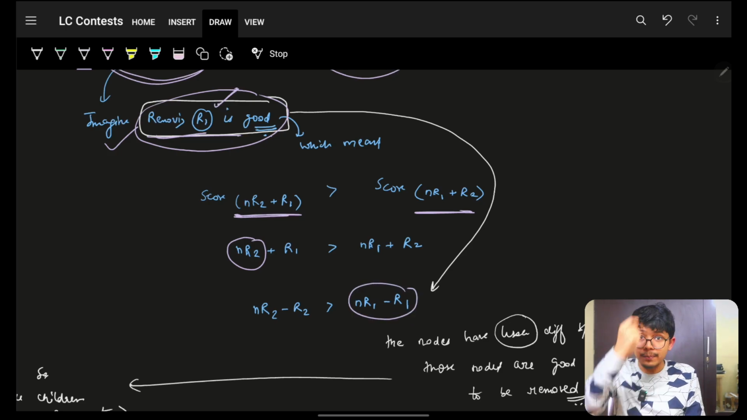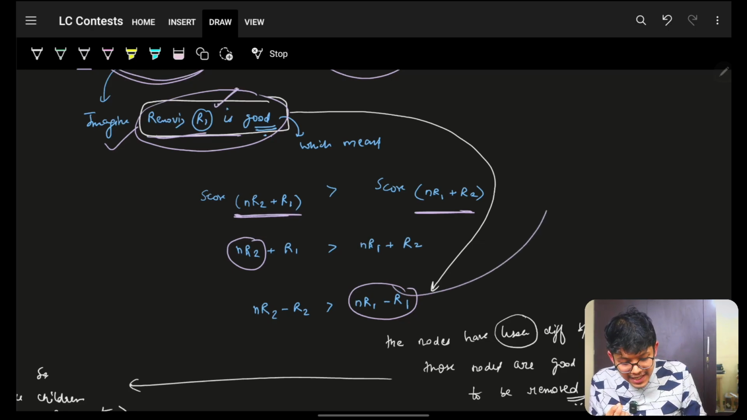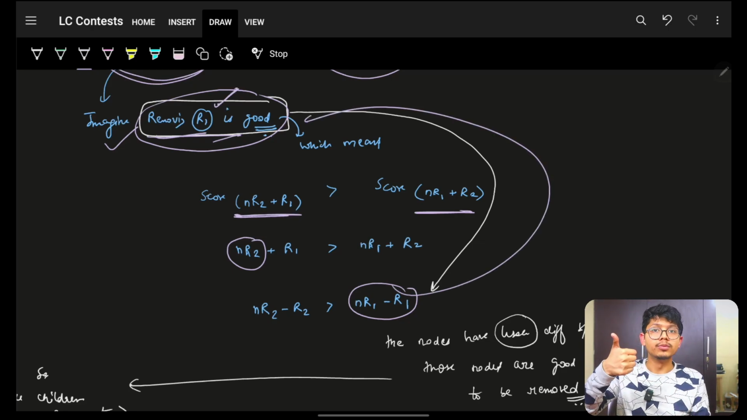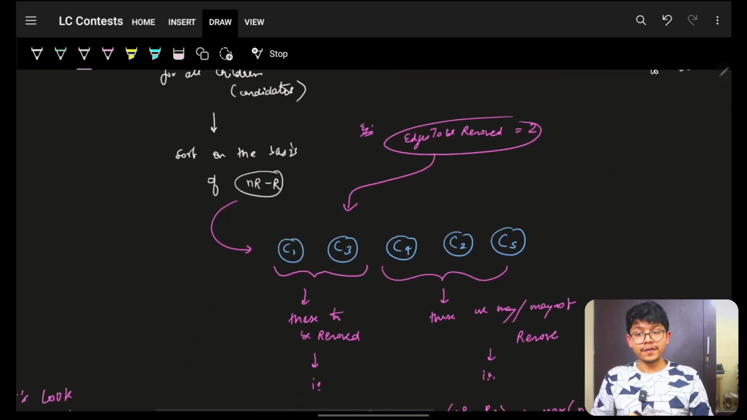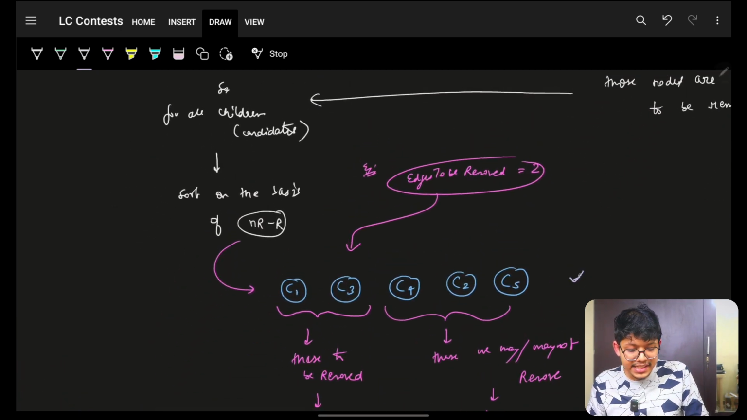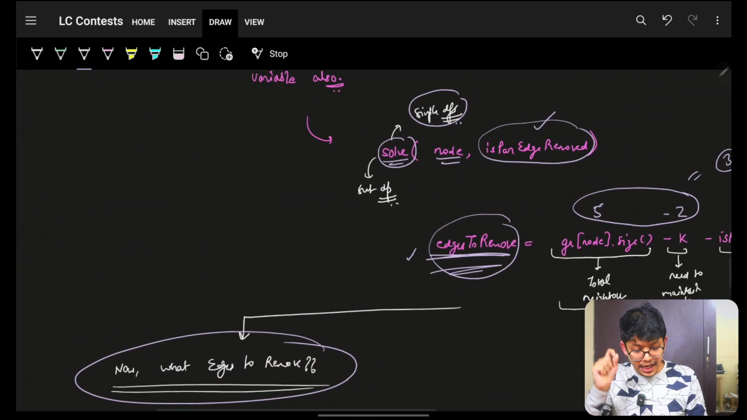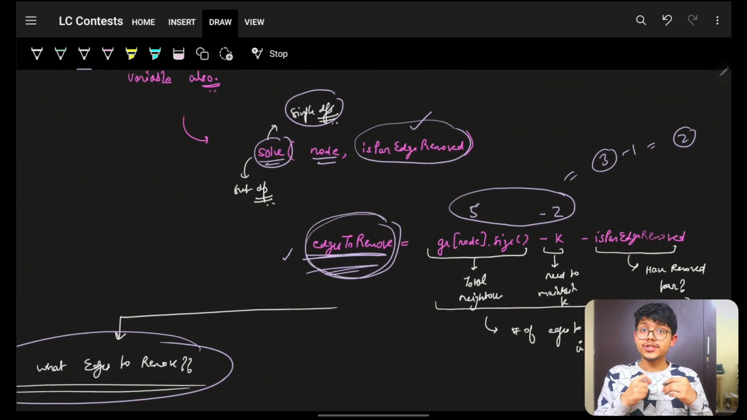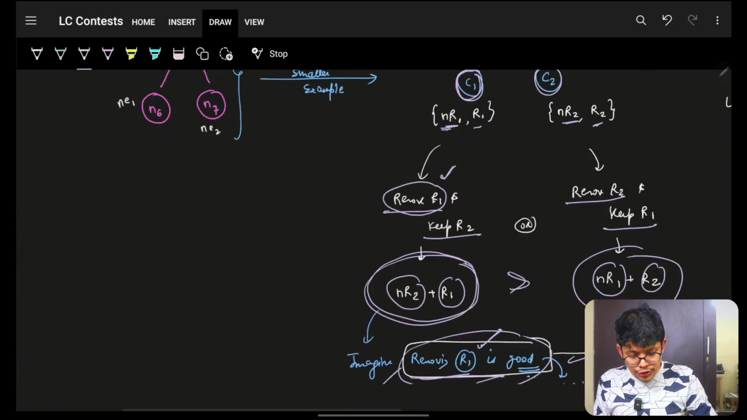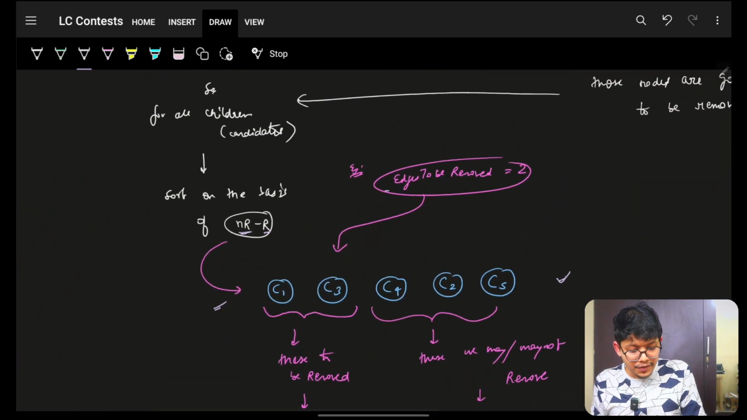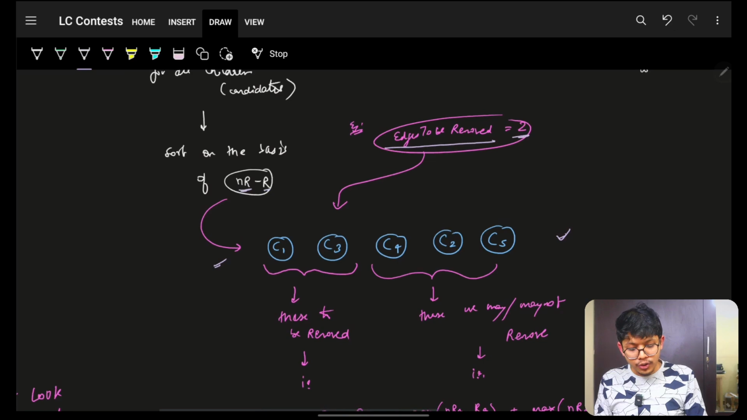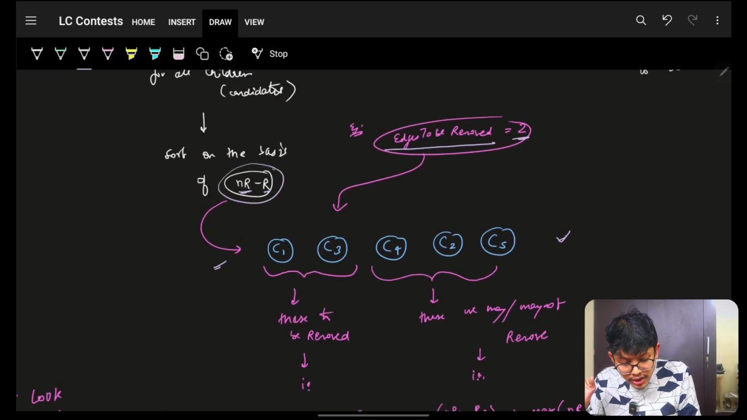Whichever node edge has the minimum or lesser difference is good to remove. Thus, it helps me figure out that if I had, let's say, these 5 children, I will sort them on the basis of their not remove minus remove values. And as in the previous step, I have the number of edges to remove in my children. So if the number of edges to remove in my children is 2, then out of 5 children, I sort them by increasing values of nr minus r, which is not remove minus remove,